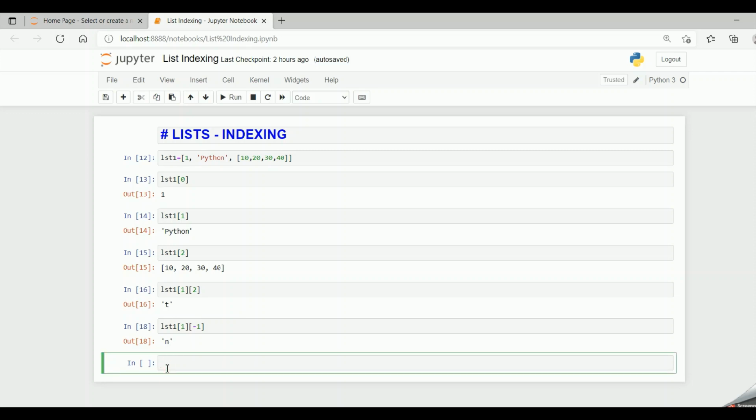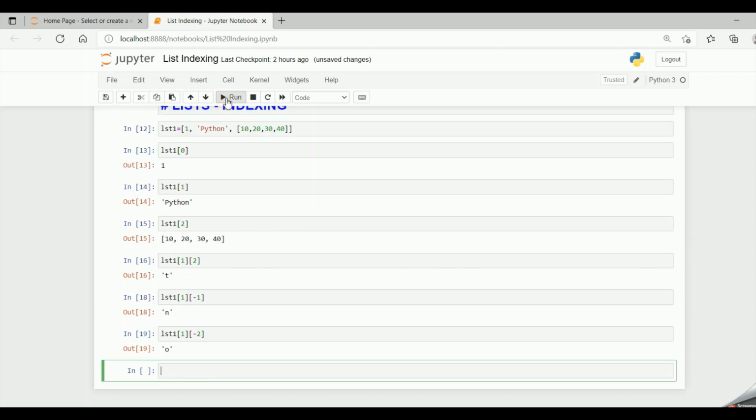Now if I say LST1 of 1 of -2. So LST1 of 1 is Python. In that I want -2. So -1 is n, -2 is o. So when I run the code, I get the output as o. So this is how nested indexing, that is more than one indexing, works in Python.